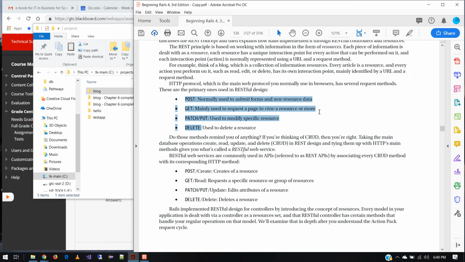Then we have these other two that are used basically to either modify a specific resource, what that is, who's to know, it's not really indicated, and then also delete, which can be used to hypothetically delete a resource. Now, if you think in terms of HTTP, what those things are really are highly dependent upon what's on the receiving end. In the old days, we would write CGI scripts where we would pass this information, and then that would be received on the server, and whatever scripting language is running on the server would try to process it. When we use the RESTful approach,